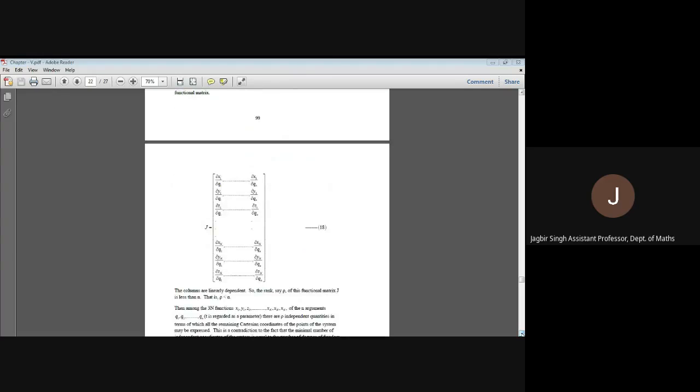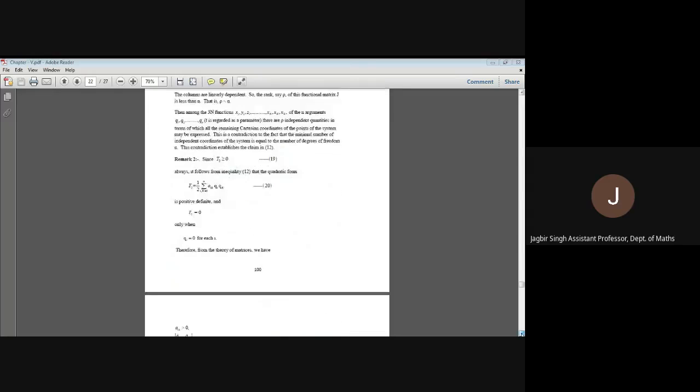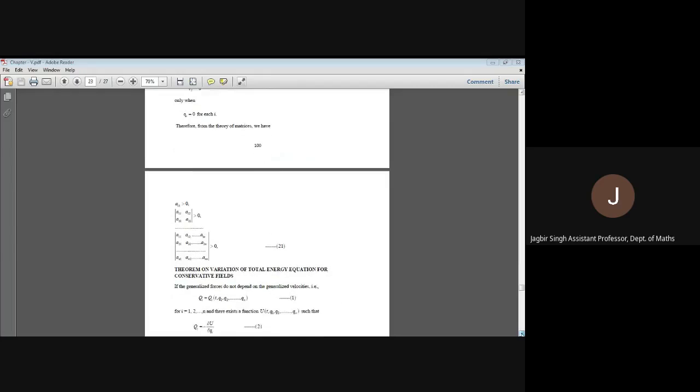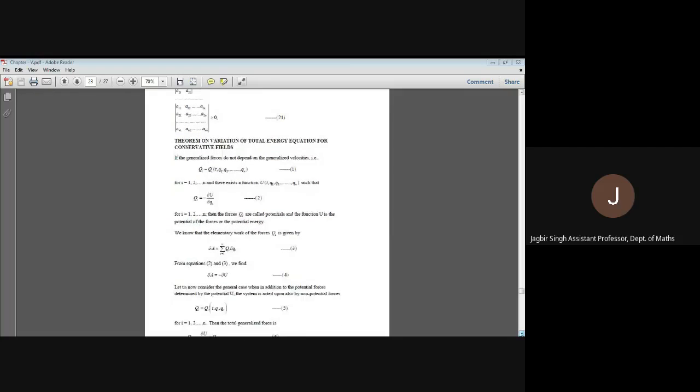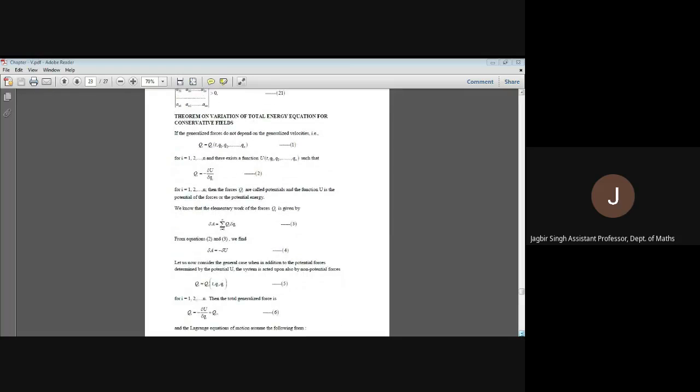Like various systems are discussed. After that, the theorem on variation of total energy, the equation for conservative fields. Okay, now we are going to define the